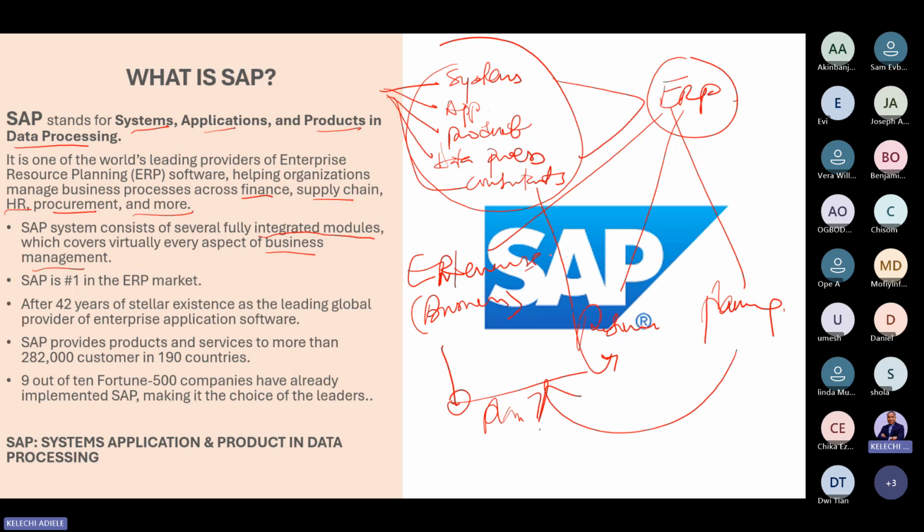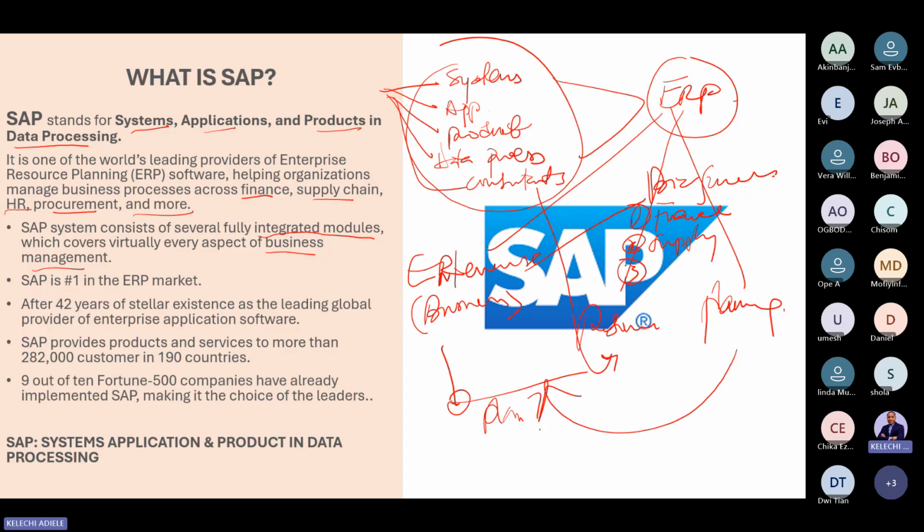If you take a typical enterprise, they have what we call business functions. One is finance. Every enterprise, let's focus on the big ones, most likely has a finance department, people who manage their day-to-day financial transactions. Number two, every large enterprise would be doing some form of procurement or supply. Supply chain is a very broad term, but sourcing your resources from somewhere else and delivering them to customers are the two cardinals of supply chain.